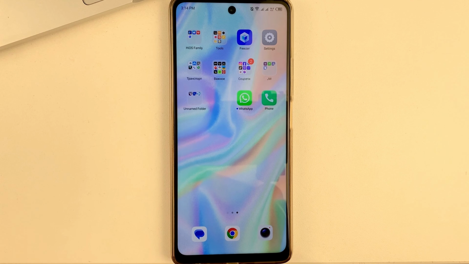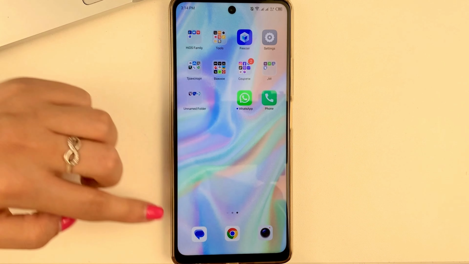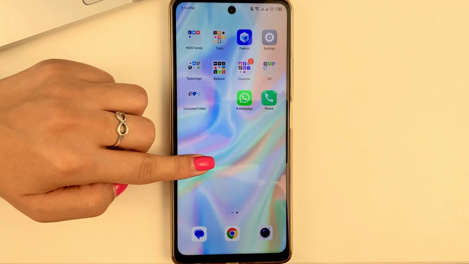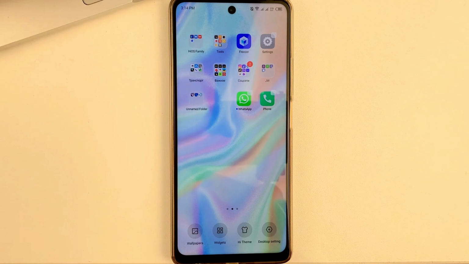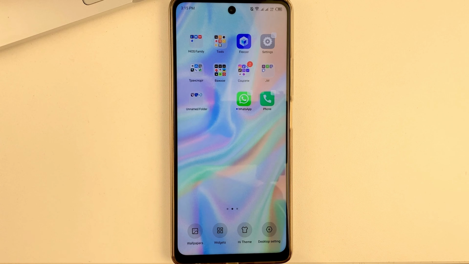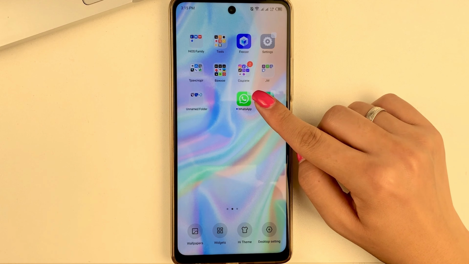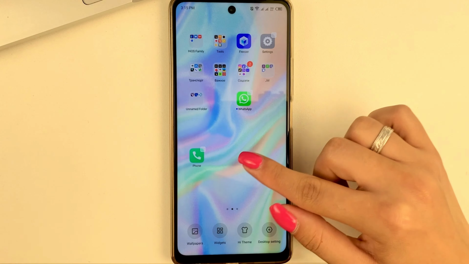Or friends, the second option for how you can move the icon on your Android device is to tap and hold on an empty field. As you can see, this way some windows appear near the apps, and you get widgets and so on. And now you can take your app, tap on it, hold on it, and move it to wherever you want it to go.